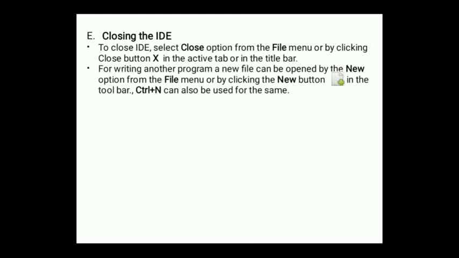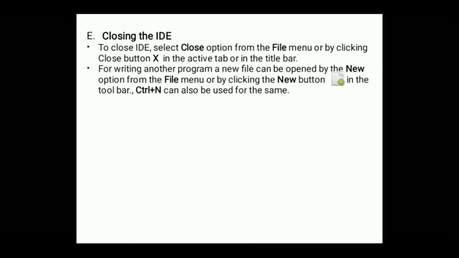And after that, to detect any errors, the next step is to compile and modify the program by choosing the build menu and selecting the compile option, or by directly clicking on the compile button in the toolbar. After that, for the linking, choose the build option from the build menu. And after linking, the program must be run or executed by choosing the build menu and then selecting the execute option.